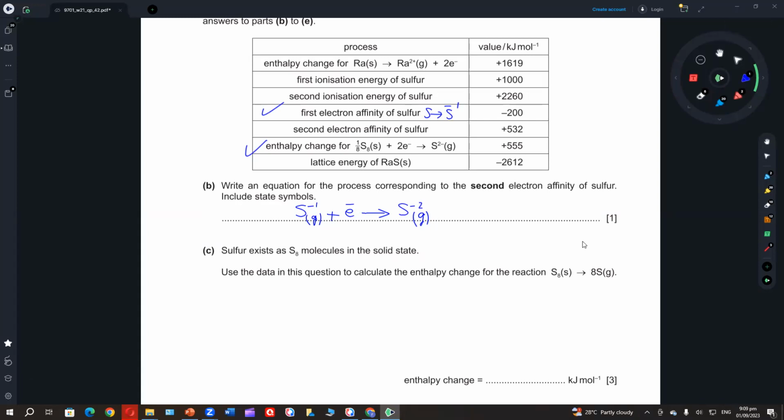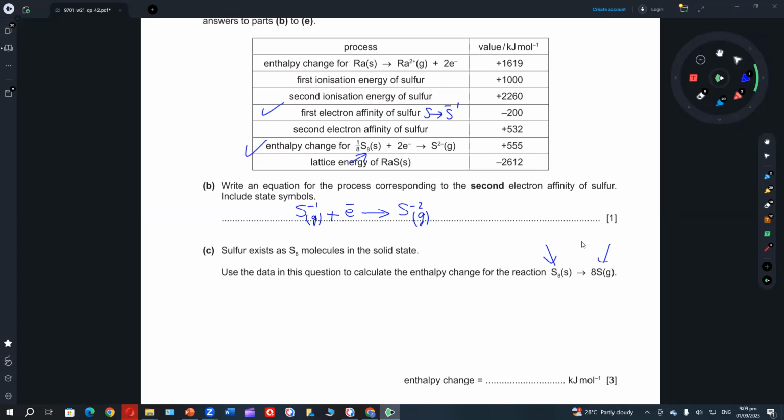You can see S8 is here, and here I'm having sulfur in atomic form. So if I think of a triangle, I can think that I atomize sulfur, I got 8 sulfur atoms, and then I break them into